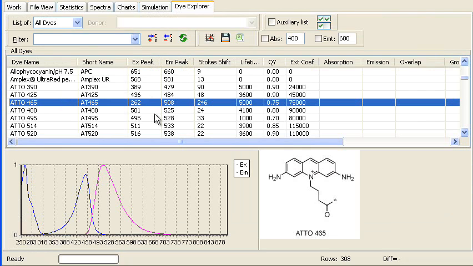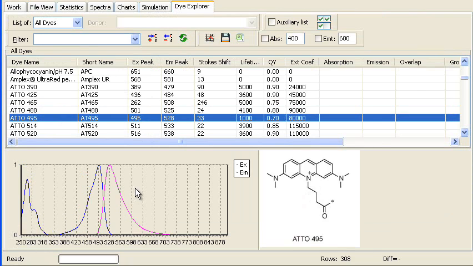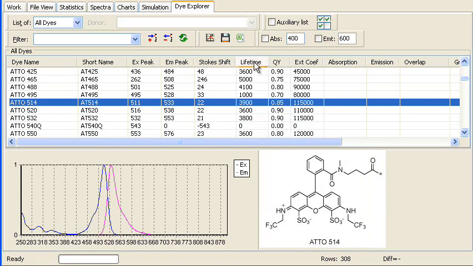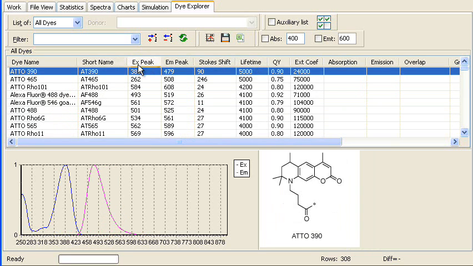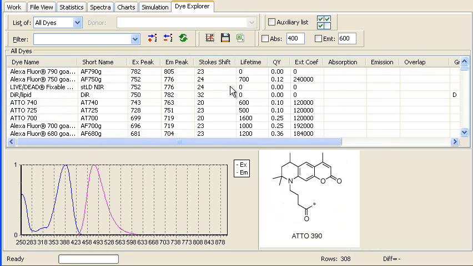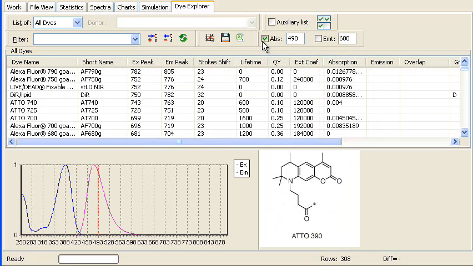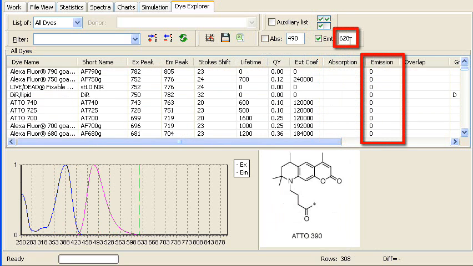such as excitation peak, emission peak, lifetime, excitation and emission spectra, molecular structure, and so on. The list can be sorted by any of the properties, for example, lifetime or excitation peak. It can also be sorted by the absorption at an arbitrary wavelength or by emission at a given wavelength,